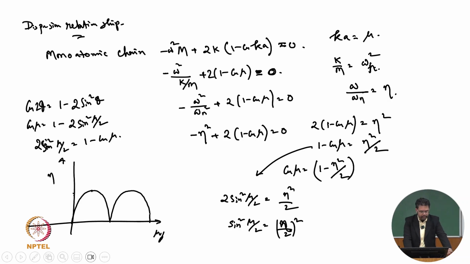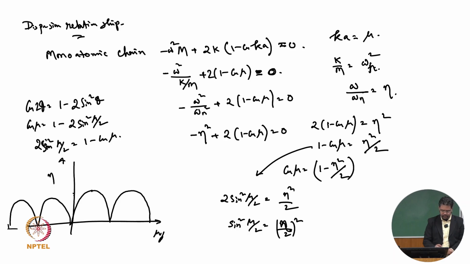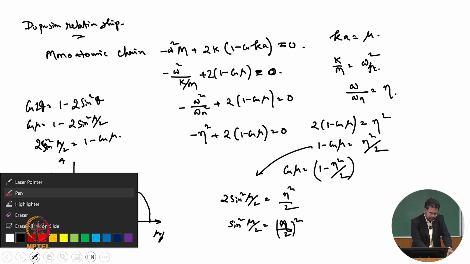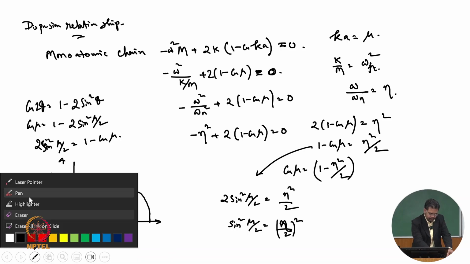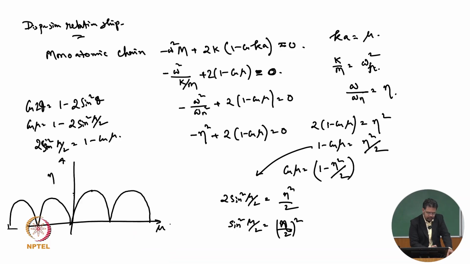Like this way they will get this. So this is mu, the wave number, and this is eta. Or if I draw it that way,